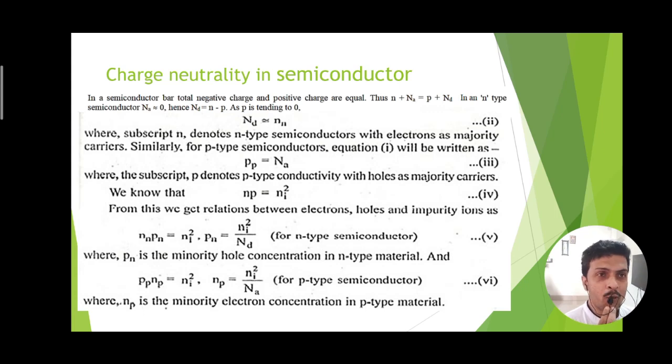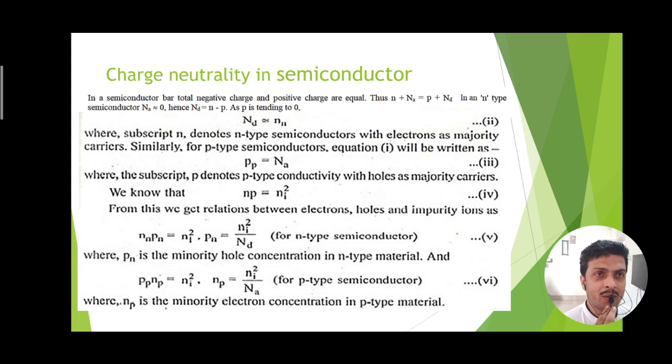Similarly, regarding the positive charge quantity, the positive charge carrier is the hole and its concentration is represented by small p. And there are some donor ions, that is pentavalent atoms, which are immobile ions known as donor ions. They are represented by capital N suffix D. Therefore n plus Na is equal to p plus Nd. This may occur for any type of extrinsic semiconductor, whether electron or hole is the majority carrier.